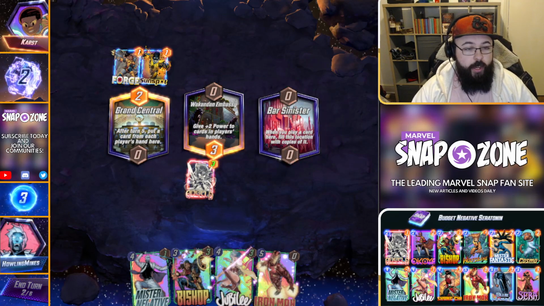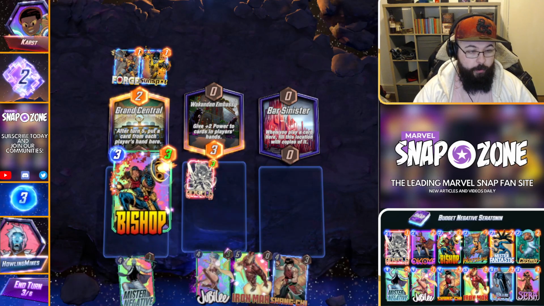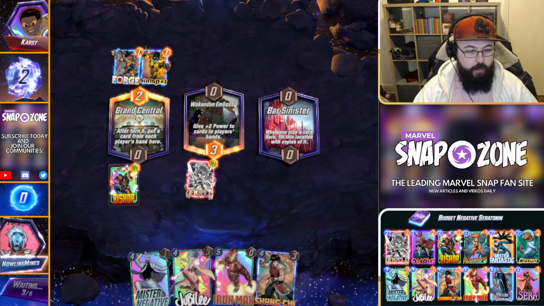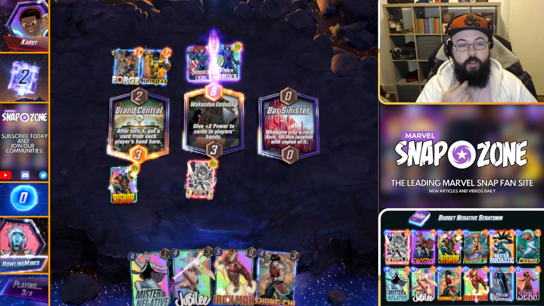Draw step number tray. We find Bar Sinister. Okay. The Shang-Chi might be helpful in a world where Bar Sinister is something we have to worry about. I think I'm playing Bishop on the left here. Opponent will forge their Mr. Sinister, so